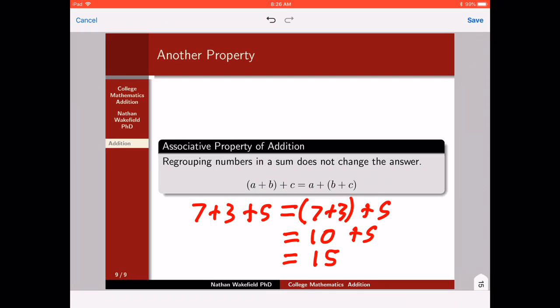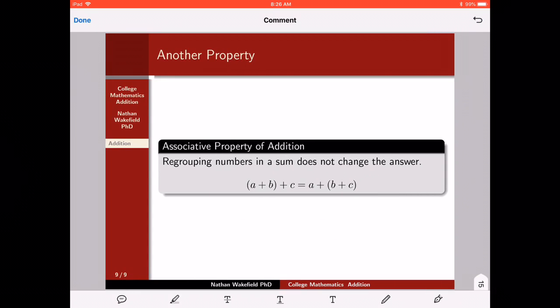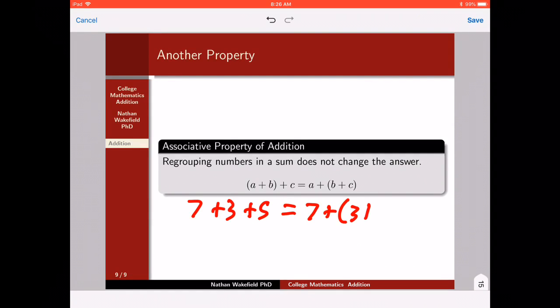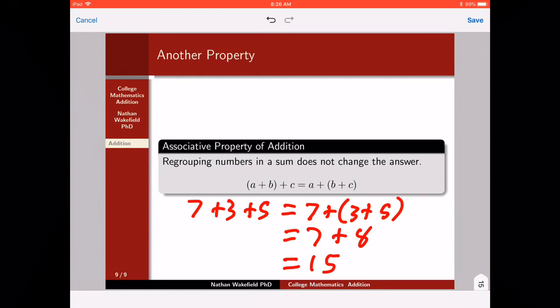But if you wanted, you could also do 7 plus 3 plus 5 as 7 plus the quantity 3 plus 5, which is equal to 7 plus 8, which is equal to 15. So what the associative property says is that you can group however is easiest for you. And that's the whole idea